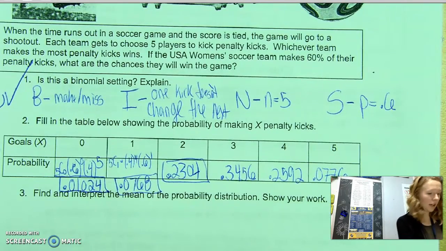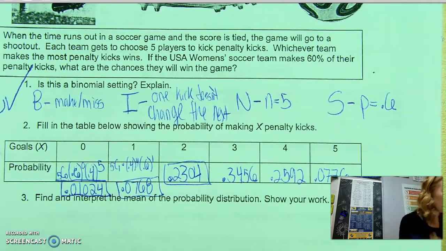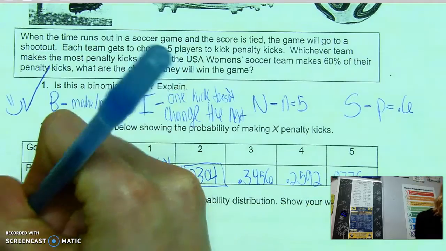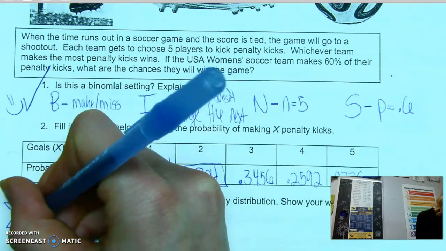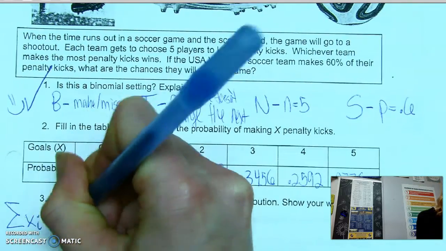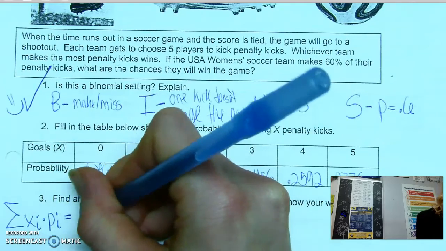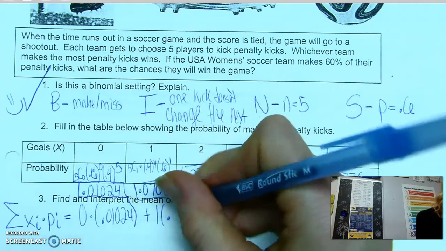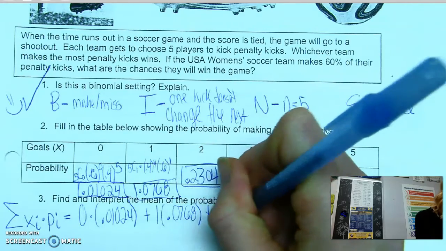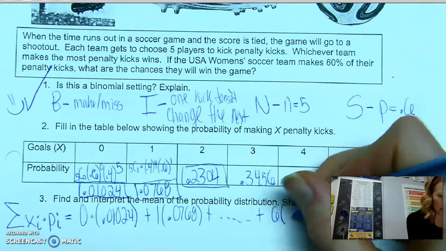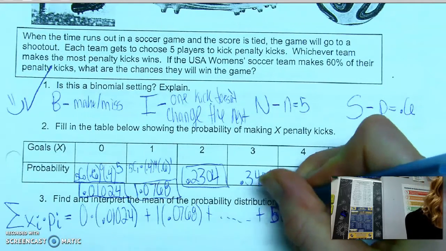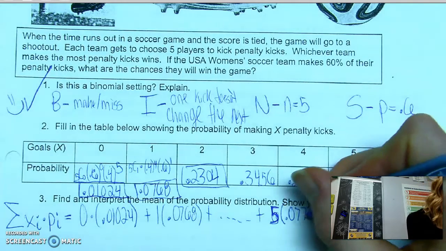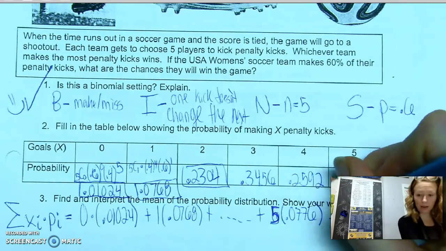So anyway, what you're going to have to do next is find and interpret the mean of the probability distribution. If you remember how to find the mean, I believe this was in 6.1, that's the sum of the individual x values times their individual probabilities. Usually to show my work, I take my x values times their probabilities, and then I just start adding. I usually do the first two, and then the last one. Or, oops, it should be a 5, not a 6, sorry. 5, and then 0.0776. Right? And if we were to do that,